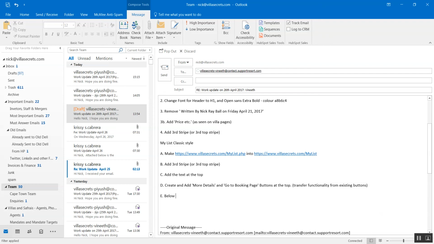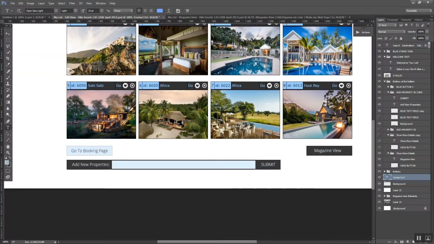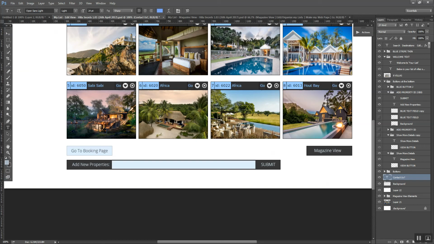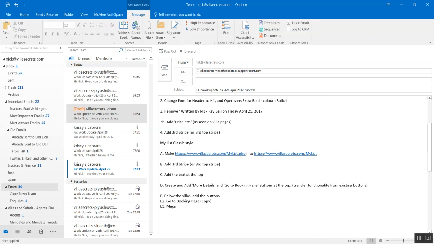E. Below the villas, add the buttons. Specifically, go to booking page, copy, free, magazine view. On right goes to